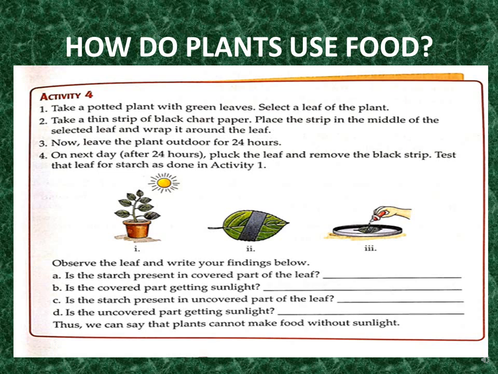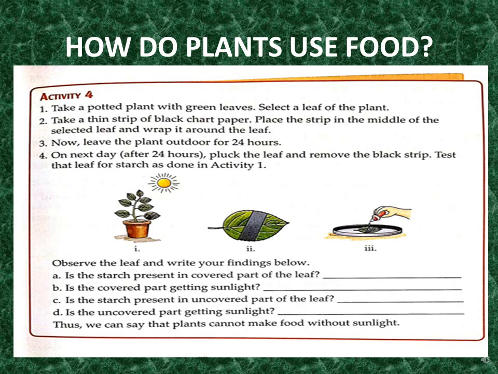What will you see? You will see there is no change. So what is proved by this test? That part of the leaf which was wrapped didn't get sunlight, right? So there was no making of food in that part of the leaf. And since there is no making of food in that part, there is no starch present in it. So when we add iodine, there is no change in color because that part was not able to make food, as it didn't get sunlight.